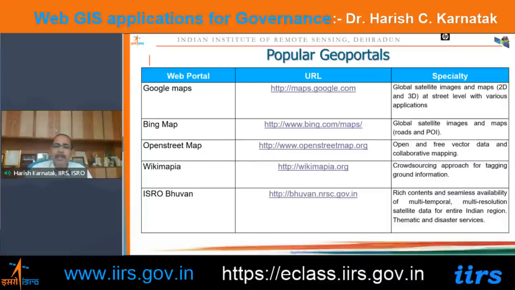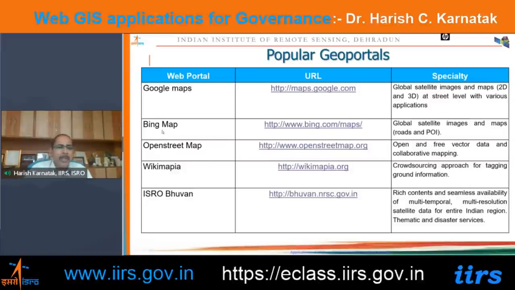So this is a typical example where Google has successfully implemented all these technologies and users are effectively using it for many applications. You must be seeing these days many commercial applications like Swiggy, Zomato, and radio cab services like Uber or Ola. They are using Google Maps in the background and developing their business model.